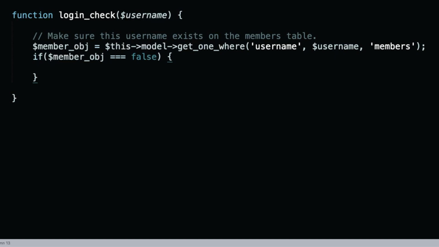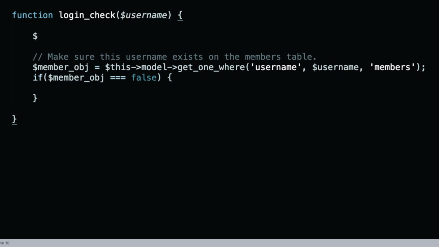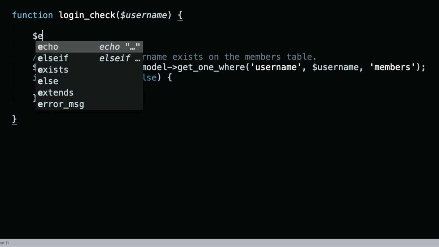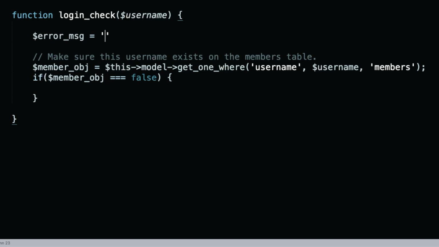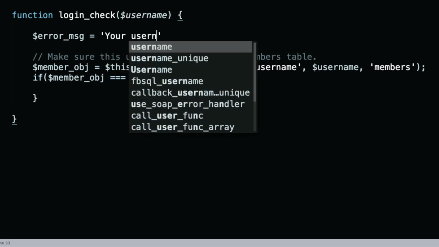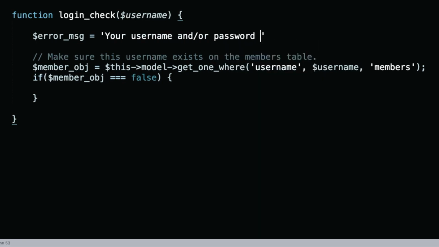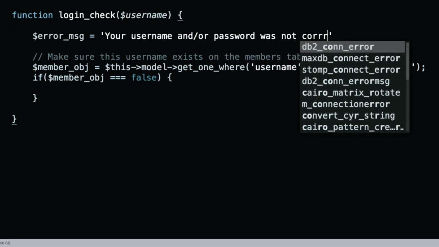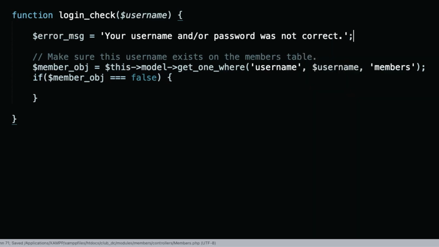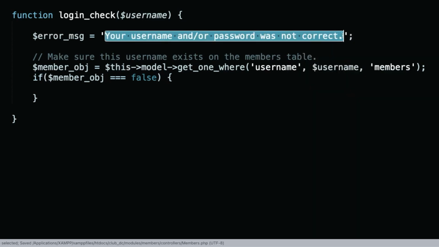But for a login system, I don't think we should be so helpful. Let's make a default error message right at the start of this method. We'll say error message equals "Your username and/or password was not correct." Now that's a far better error message. That really lets them know that something wasn't right, but we're not going to give them any more help